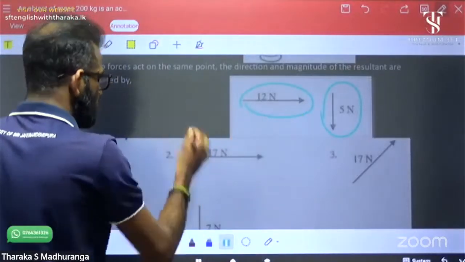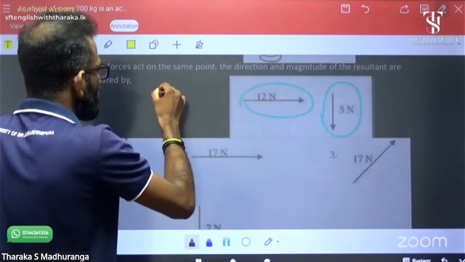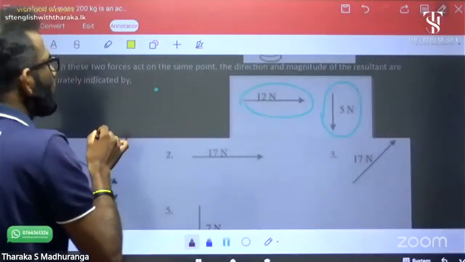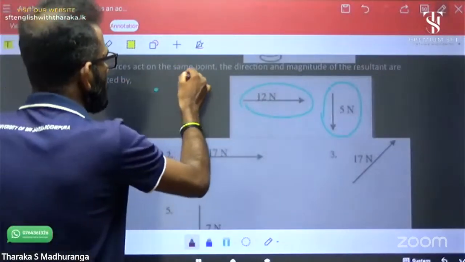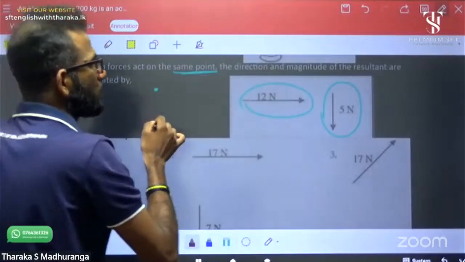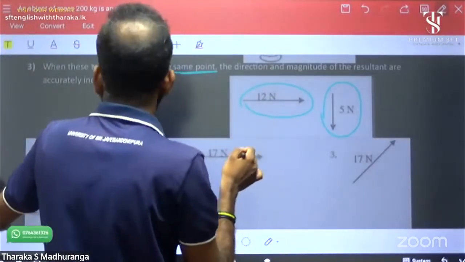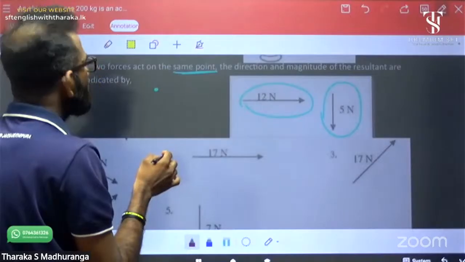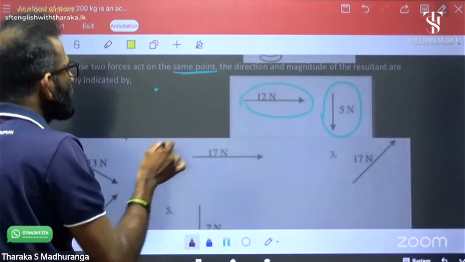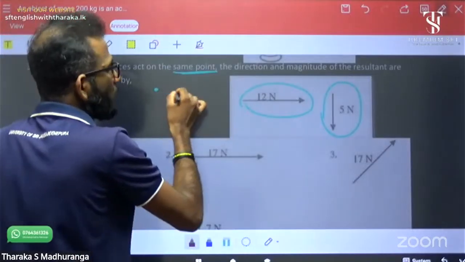Both forces act on the same point. This is very important. The direction and magnitude of the result are accurately indicated by